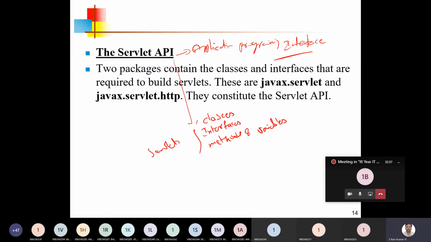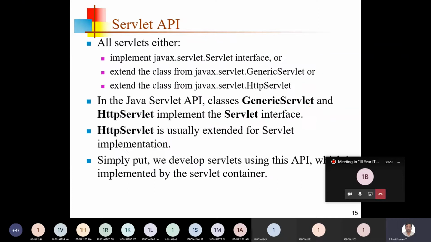All these classes, interfaces, and methods are available in the package javax.servlet and also javax.servlet.http. Before writing any implementation code for the servlet, you need to import these two packages in every program: the javax.servlet package and the javax.servlet.http package.